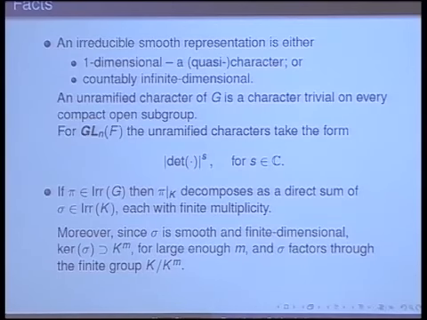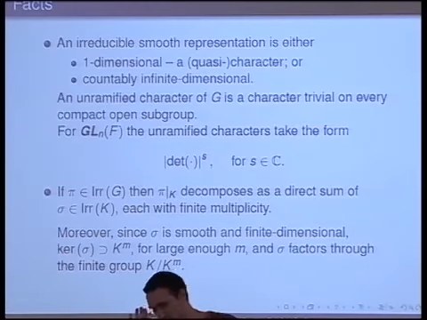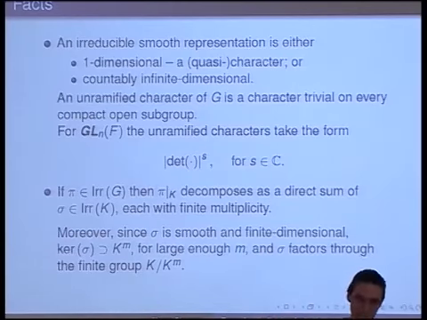Okay, so other things. The reason why compact open subgroups are important is because one of the tools that's been very useful in studying the smooth representations has been restriction to compact open subgroups. I think this dates back to Mautner, in the 50s, who was the first person to look at this. And it's been a very useful technique.